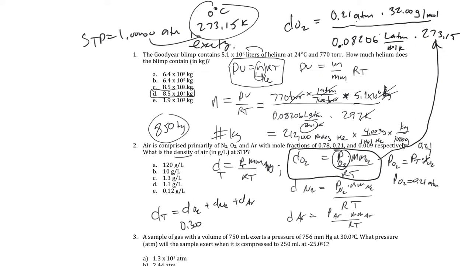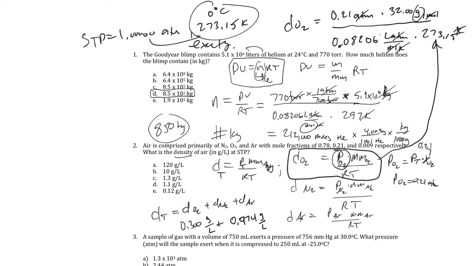Now how do the units go here? Atm cancels, mole cancels, Kelvin cancels. We get grams per liter. Let me just do this for N2: 0.78 times the molar mass of nitrogen, 28, divided by 0.08206, and then divided by 273.15, which gives 0.974